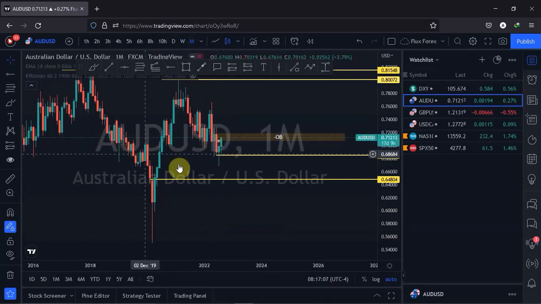Let's move to the monthly. We are seeing some kind of bullishness on the monthly, which does not even conform with the sentiment of the dollar index, because we know that if the dollar index is bullish, we should see a bearish Aussie dollar. But here is the case: we are seeing a bullish sentiment on the monthly time frame. So I wouldn't be surprised if I see the Aussie dollar in a consolidation.